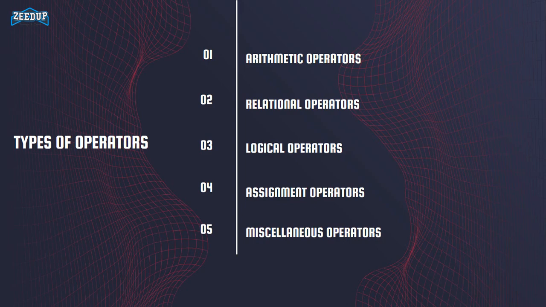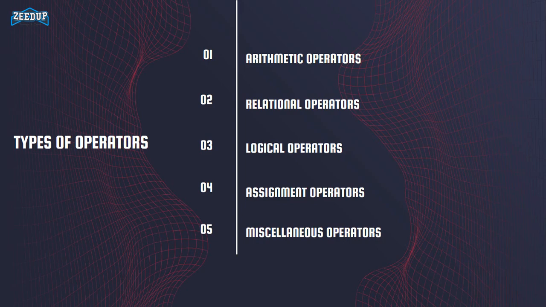The third type of operators that we have are known as logical operators. Logical operators just evaluate the two operands and carry out the task of finding out the value, that whether they evaluate to true or false based upon predefined rules.